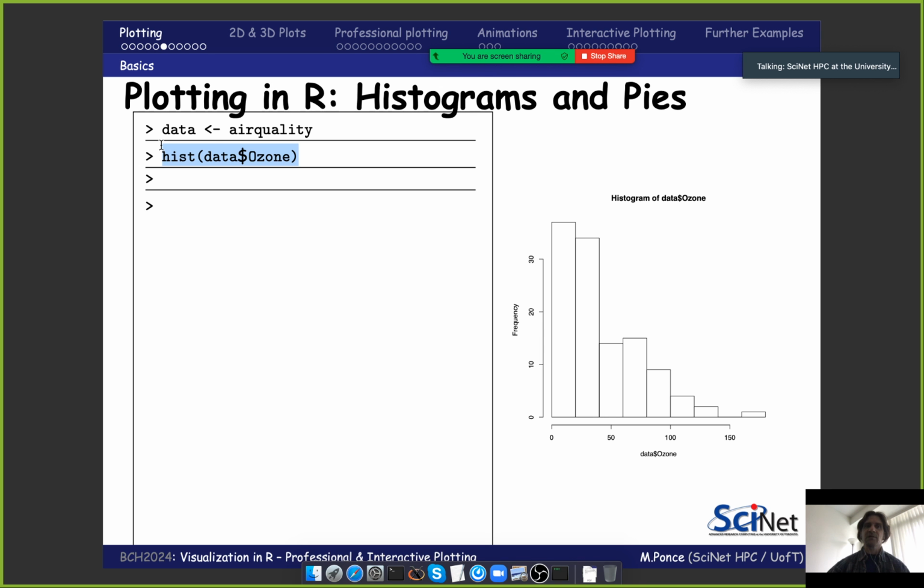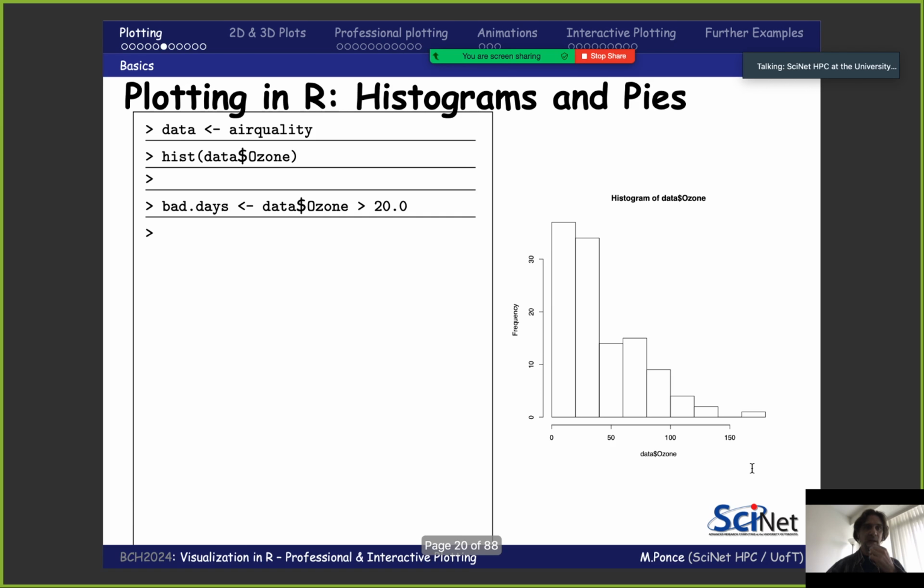And basically you can just pass the vector. In this case, it's the concentration of ozone. And basically it will take that, bin it into different bins, and then draw the usual histogram. Now this function is powerful because it can also return the actual data of how the histogram was created. I can do some tiny data analysis.